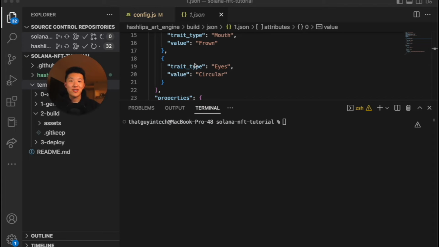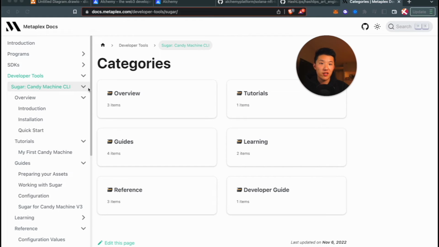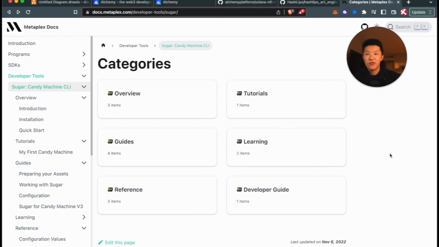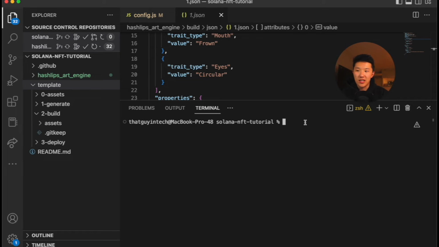All right, so now it's time to upload all of our NFTs that we've generated onto the Solana blockchain with CandyMachine and Metaplex and Sugar. And I just want to call out that Sugar is one of those tools that Metaplex develops. They're definitely worth checking out. I highly recommend spending some time here if you expect to be doing more NFT stuff. Metaplex is super great for doing NFT stuff. So look through these. I won't go too deep into it, but for us, what we really need is first